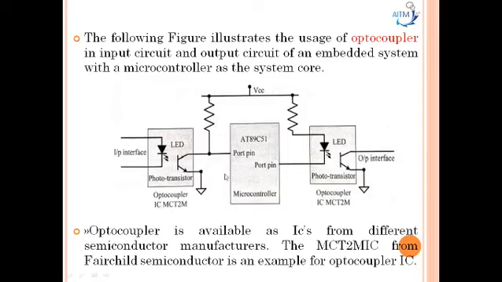The microcontroller used is the AT89C51. Optocouplers are available as ICs from different semiconductor manufacturers. The MCT2M IC from Fairchild Semiconductor is an example of an optocoupler IC here.